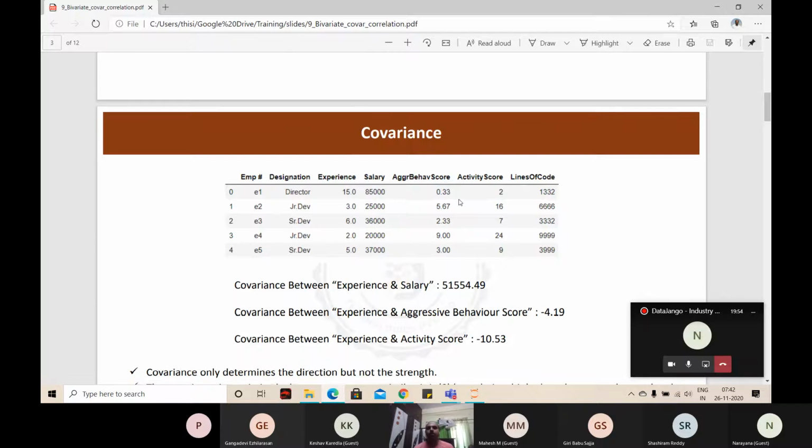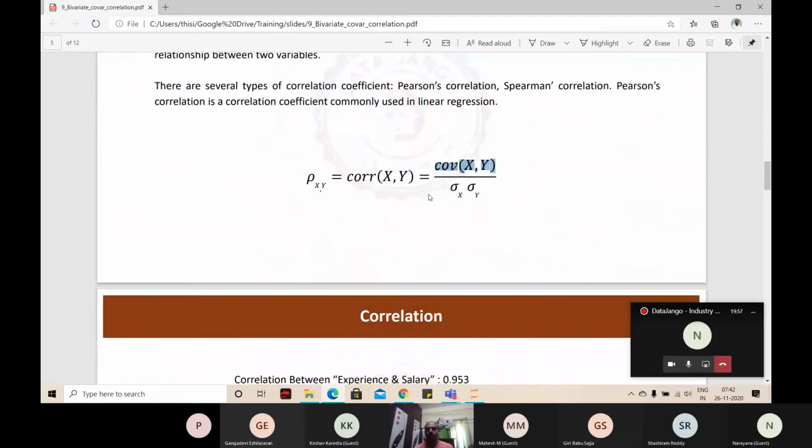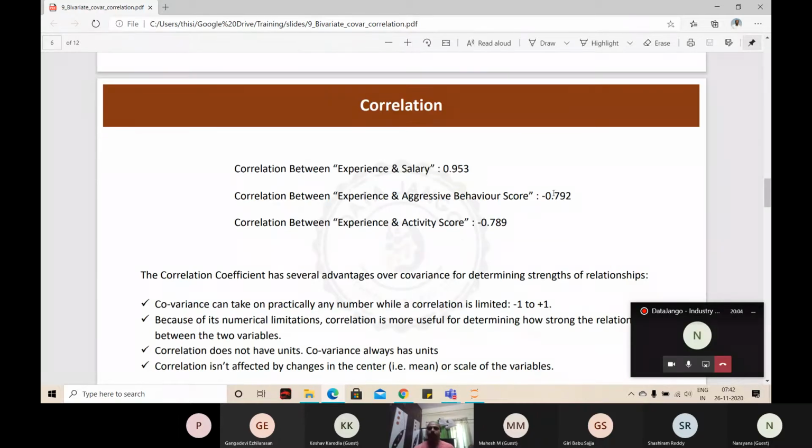Here also it is like that. When we divide by the standard deviation, the covariance value comes between -1 and +1. When it is between -1 and +1, we can exactly know how strong or how weak. If it is close to 1, it is very strongly positively correlated. Close to -1, it is very strongly negatively correlated. It should be either close to -1 or close to +1. If it is close to 0, there is not that much strength in predicting the target variable.